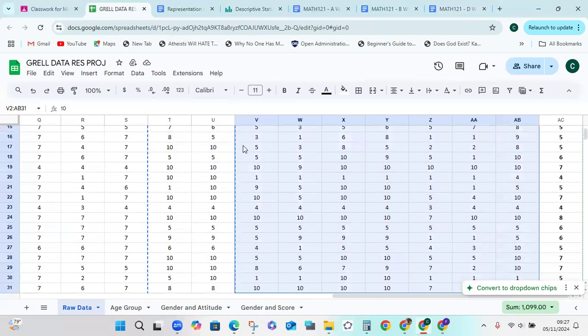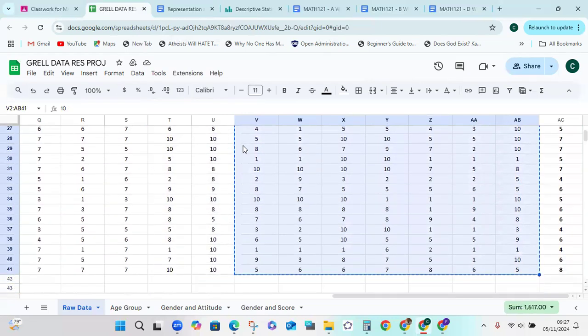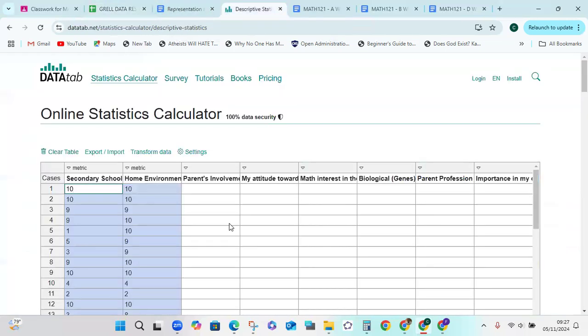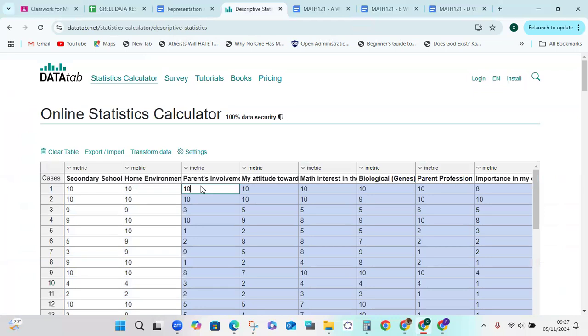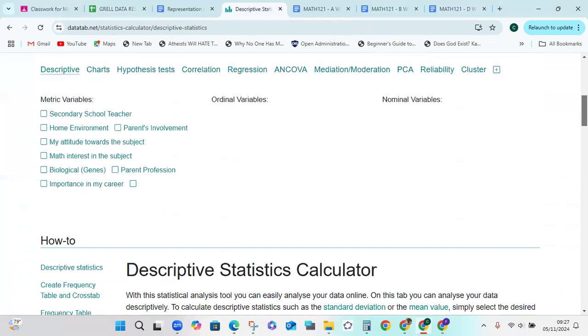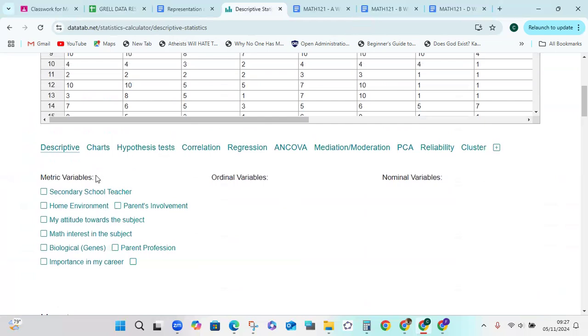at the same time. So you can just highlight all of these columns, Control C, and just one cell and just paste, and here you have all the columns. And as you can see, it has categorized it as metric. Metric because they are whole numbers. So with metric now, it will put all of them on a metric. And if you click all of them,